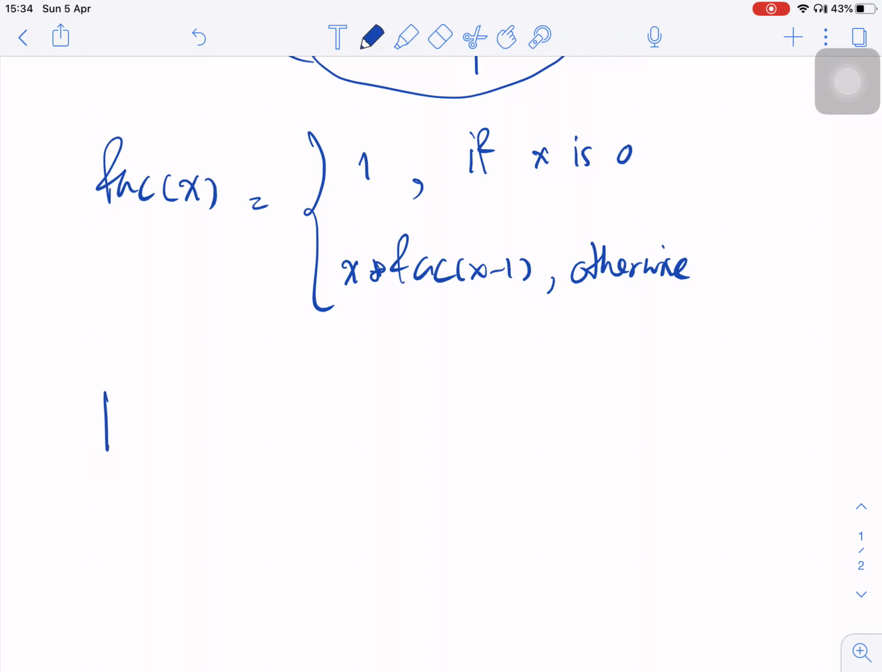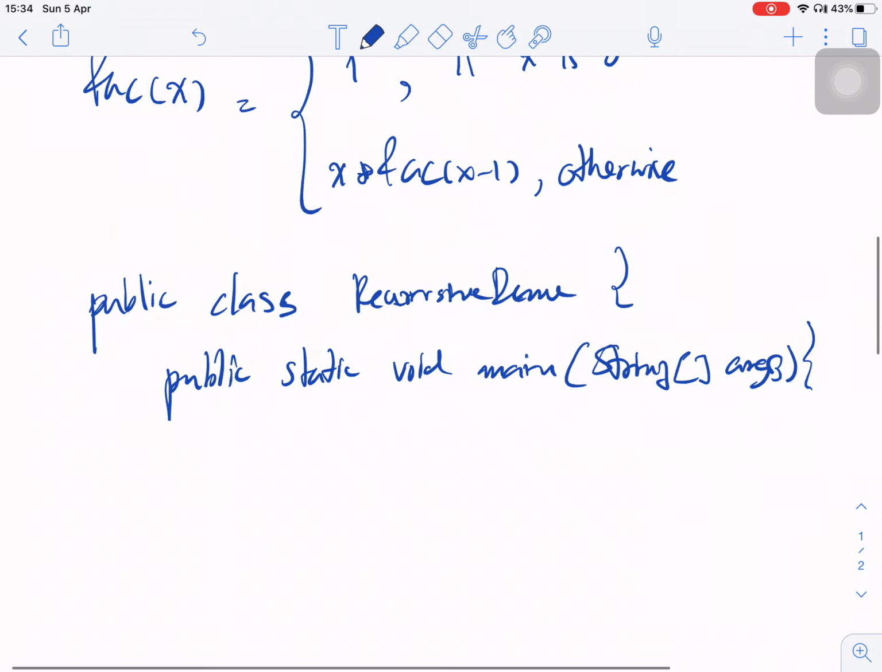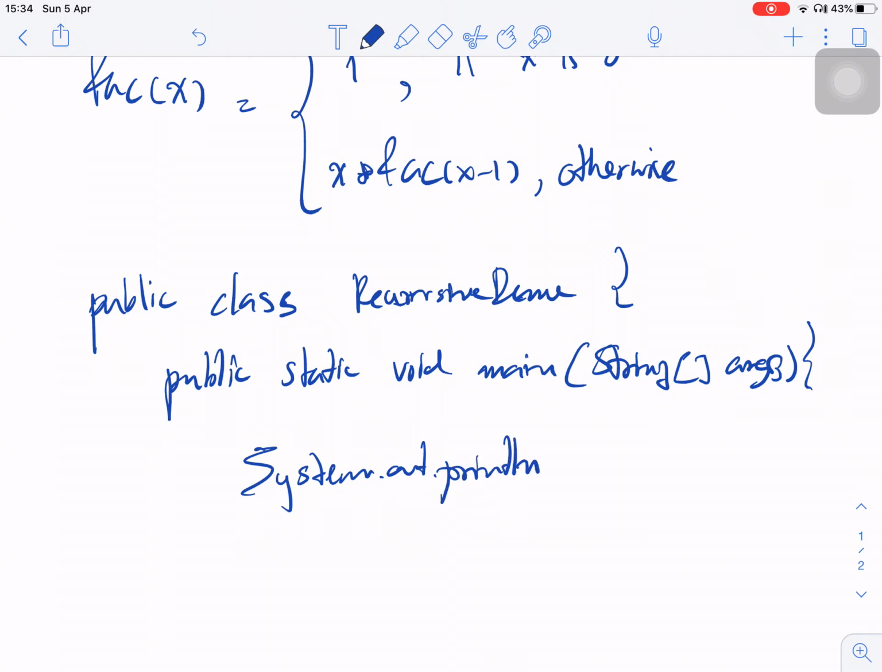So for example, I will write a program for you. Public class RecursiveDemo, public static void main, String args. Oh, sorry, for example, I will print it out: System.out.println factorial of 5,